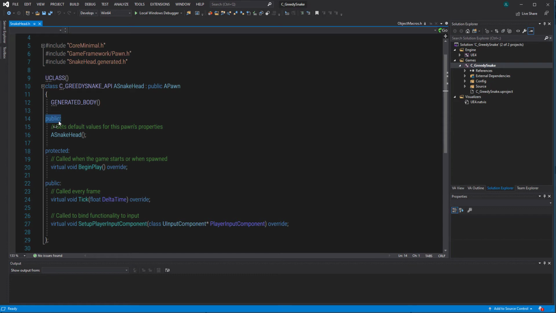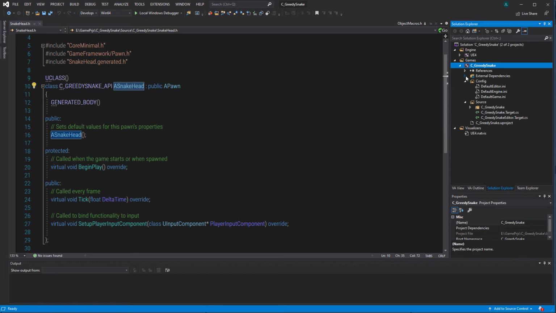Public means it is publicly available, right? So other classes, other types of things can access it. Protected means only the ones in the family are able to touch it. So for example, if a pound has something that's protected, a snakehead can access it. But another thing, for example,